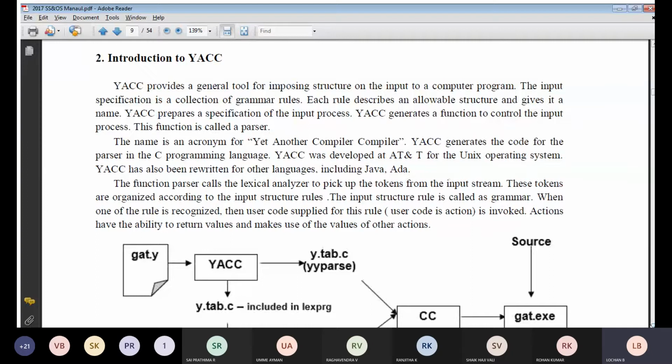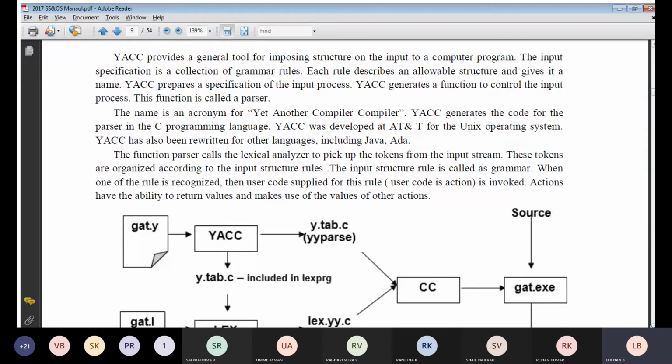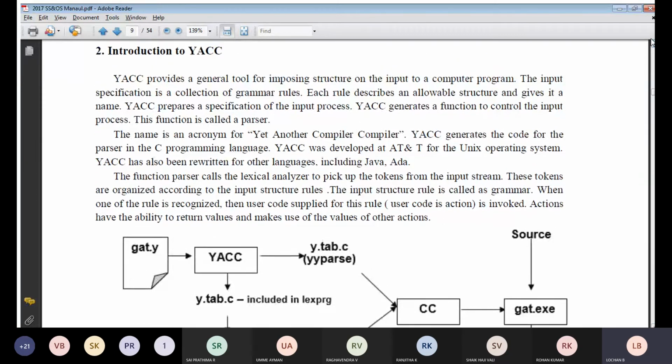Whatever the yacc, in many cases we have discussed it with the lab program of yacc also and everywhere. So in your examination, the question they may give like this: explain with a neat diagram the yacc structure, or explain with a neat diagram the structure of your yacc along with an example. Whatever example they ask, you may write the lab program only. Better if you write the lab program, it will be easy. Why? Because it is easy to remember, since you have studied it, and you will be studying it for your examination also. Whatever example they may ask in your examination, better you prefer the lab exam as the base part.